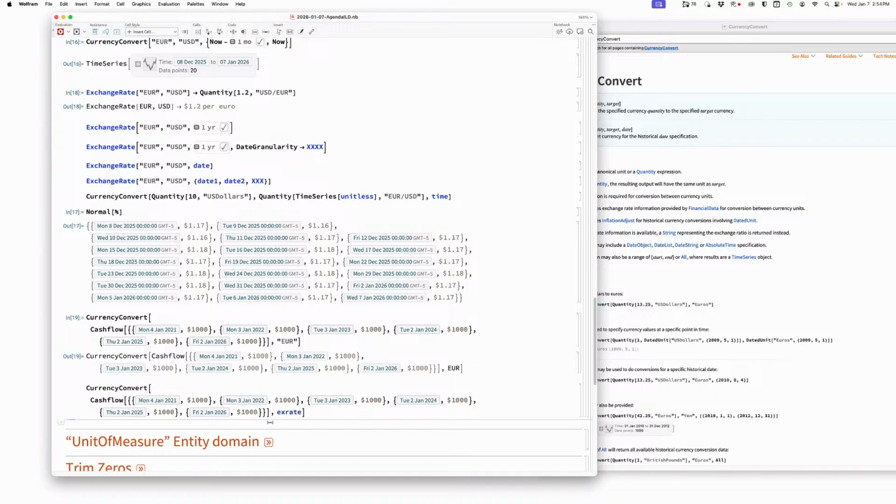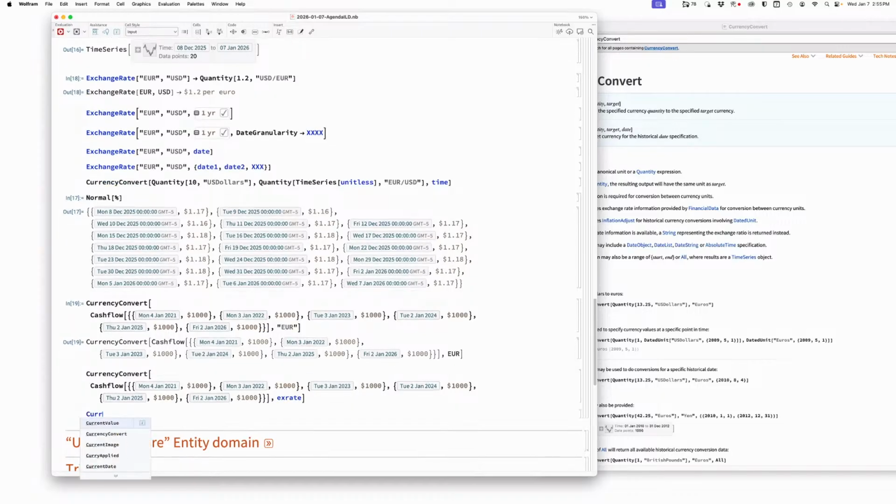The only thing that you need to be aware of is that if you give an exchange rate, the elements of that exchange rate better be things with the correct units. Yep. That is euros per dollar or whatever. There's not going to be anything that tries to do a conversion rate and look up a time, and it doesn't have a price for it. I don't think so. So here's a question. If you right now do a currency convert,